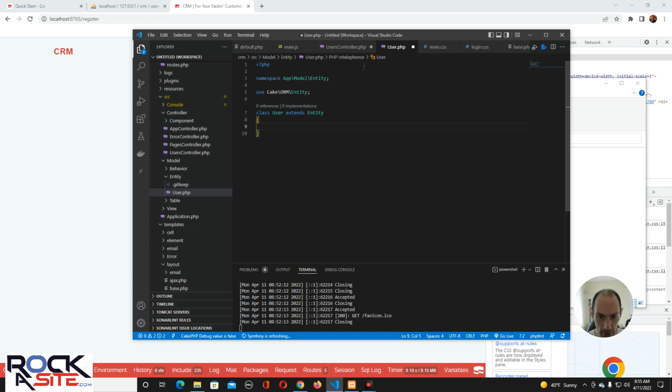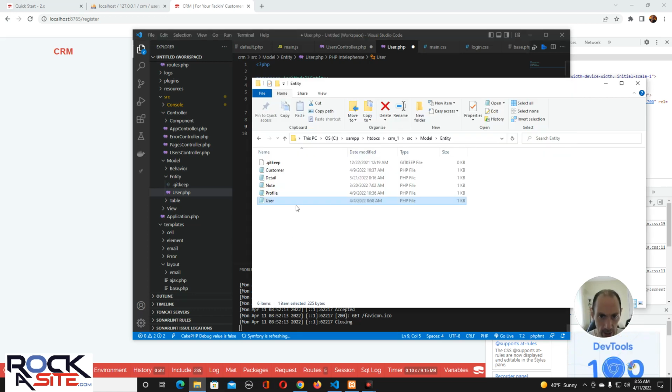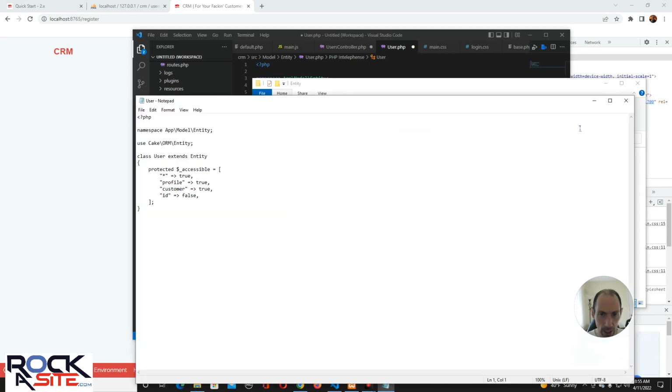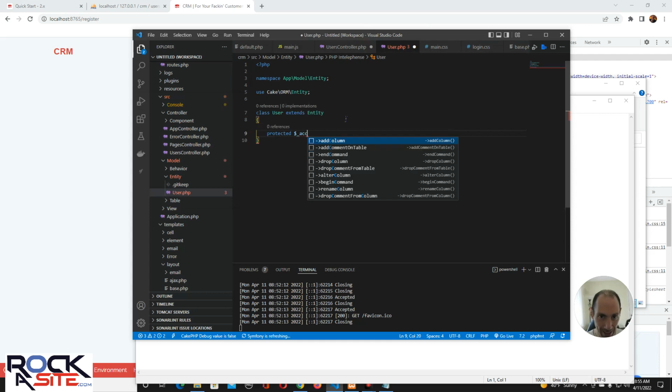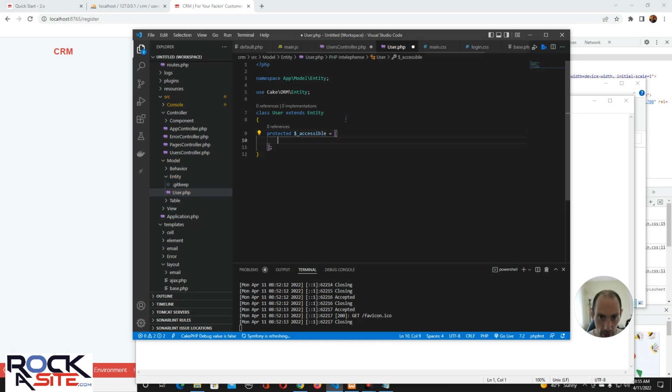And that's basically going to be, let me make sure I got this right, the variable called _accessible. Now they change it, one of them is writable, readable, whatever, but this one is accessible. So protected $_accessible equals, and it's an array, of course. What we want to be able to write into it is everything, so that's true. We want to be able to write in profile, which is going to reference the profile, that is true. We want to be able to write into it